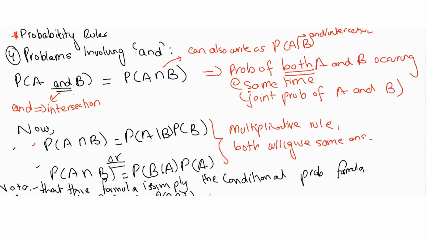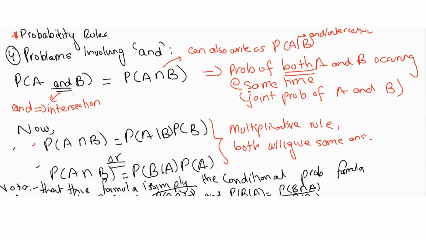And we know probability of B given A is probability of B intersection A, and probability of B intersection A is the same as probability of A intersection B, because we're just looking at the probability of both of them occurring at the same time. So the probability of A and B and probability of B and A are the same thing, right? So the formula for the multiplicative rule that we've written is just the conditional probability formula rearranged. Over here you can just make probability of A intersection B the subject, so you get